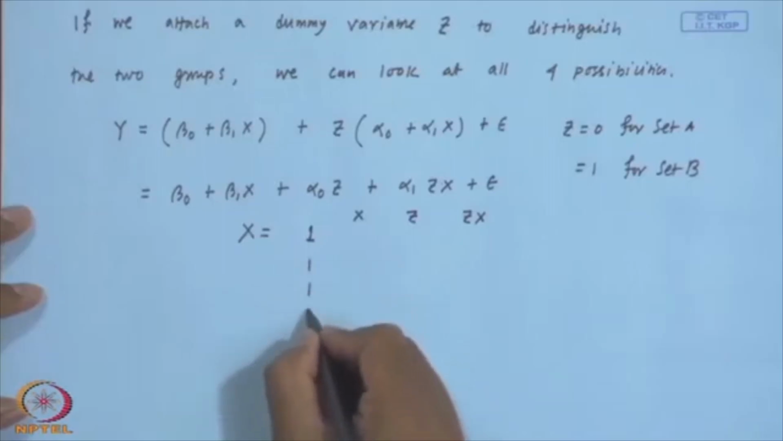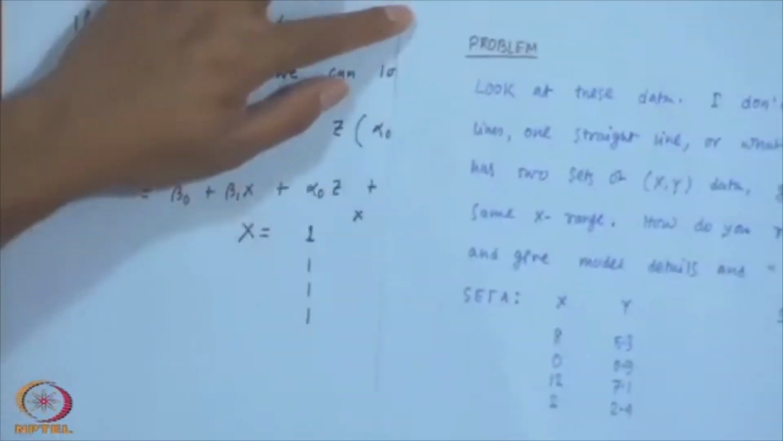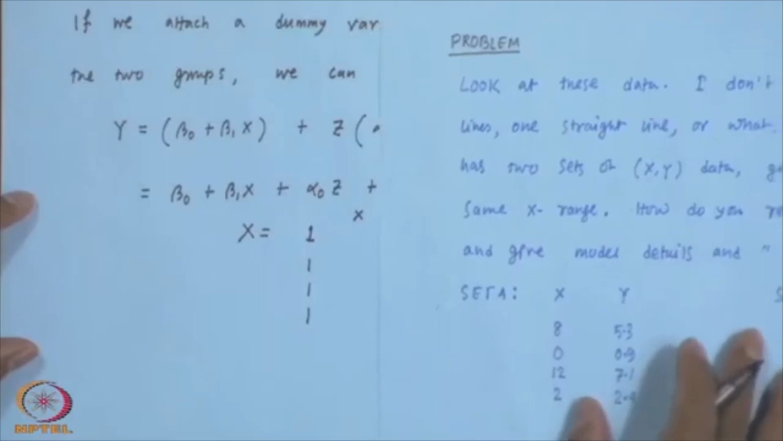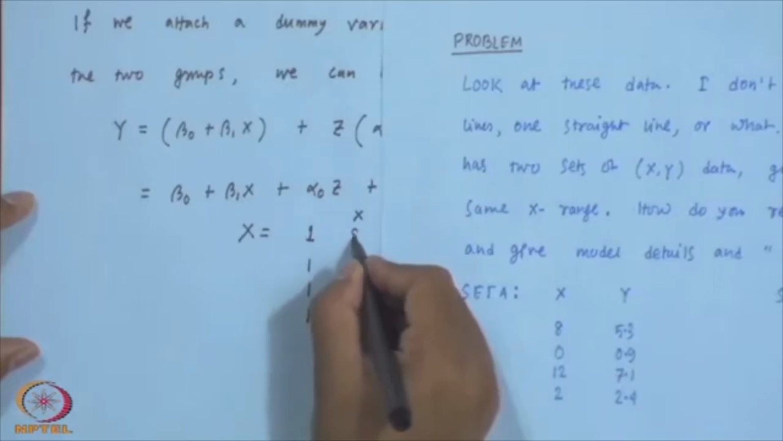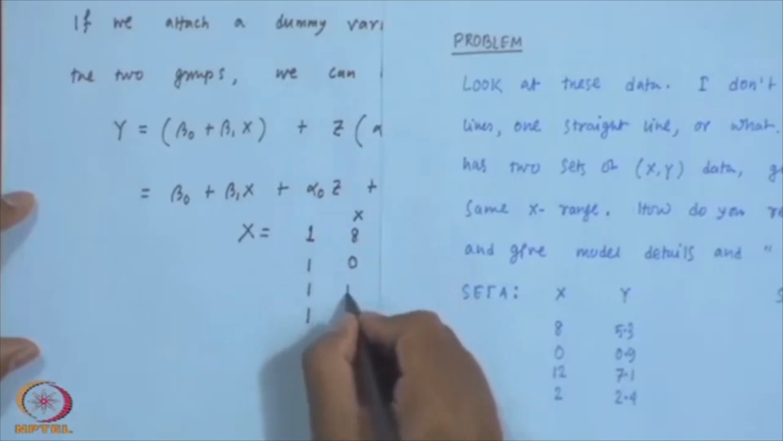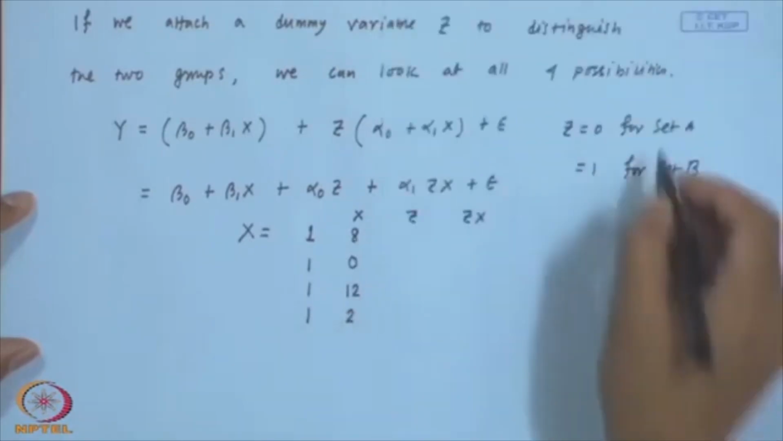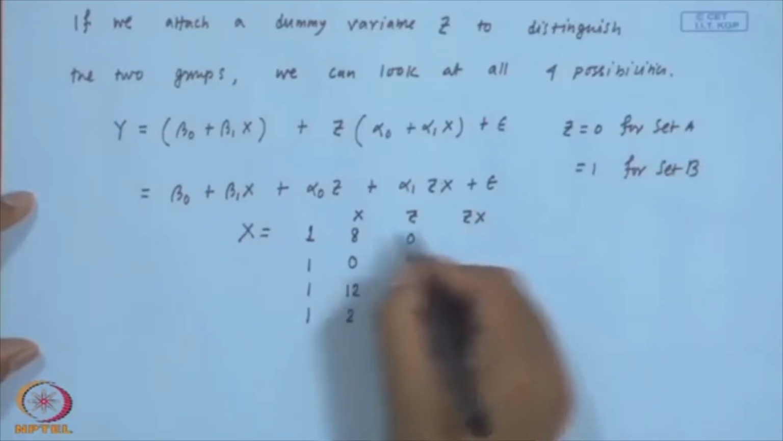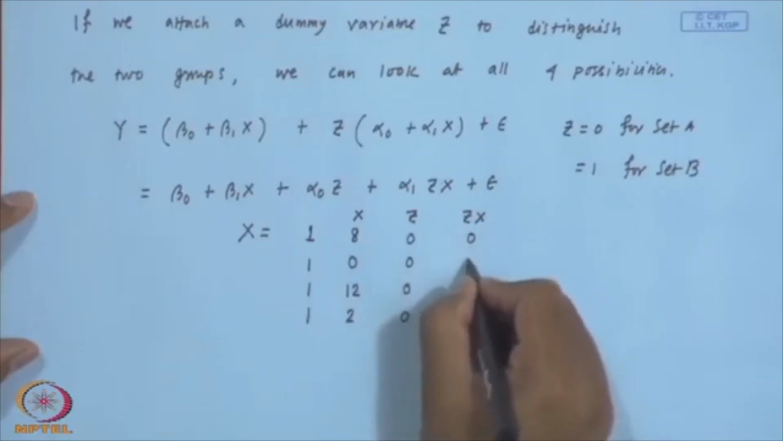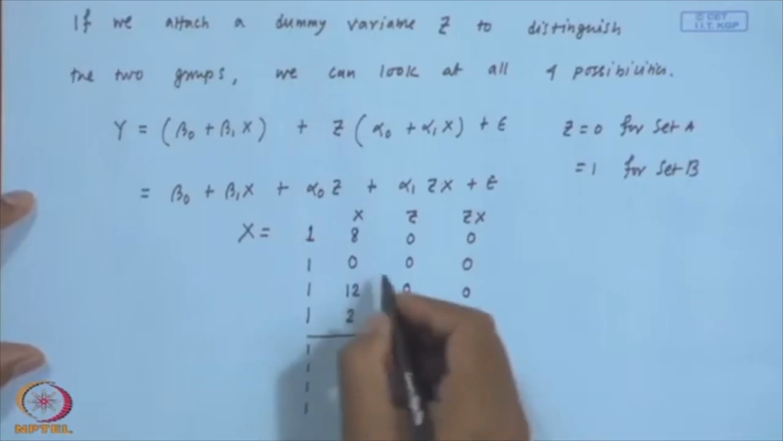So, the first set has 4 observations, and the observations are 8, 0, 12, 2. So, I will put them 8, 0, 12, 2, and for the first set, set A, my z is equal to 0. So, 0, 0, 0, 0, and then z x is of course all 0, right. So, this is for the first set, and for the second set 1, 2, 3, 4, and you can check that